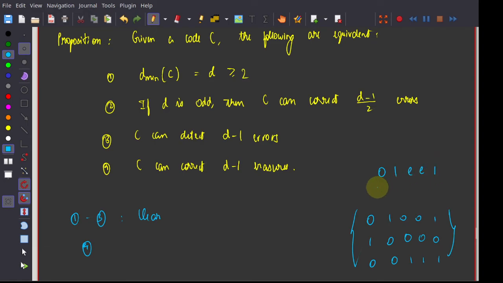What would you decode it as? 0, 1, 0, 0. Now if I give you 1, erasure, 0, what would you decode it as? C2, the second codeword. So now what are you doing? This is a simpler way to think about the erasure channel. You're minimizing the Hamming distance. That's not exactly what